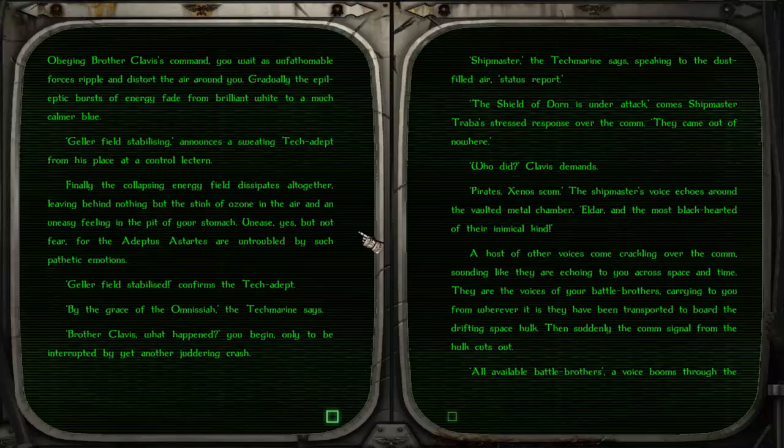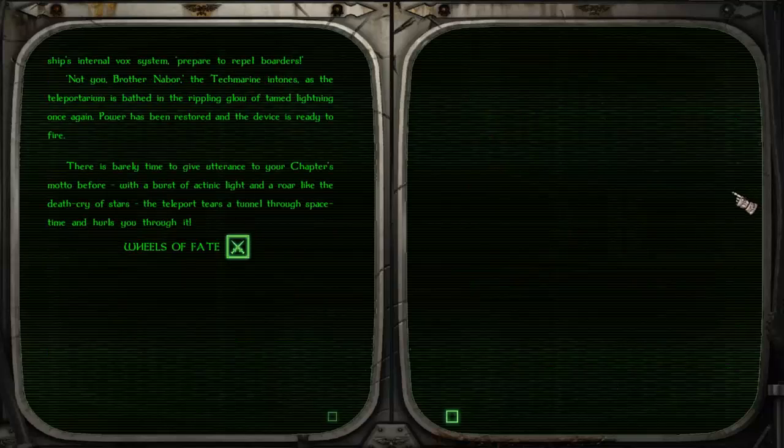A host of other voices come crackling over the comms, sounding like they are echoing to you across space and time. They are the voices of your battle brothers, carrying to you from wherever it is they have transported to aboard the drifting space hulk. Then suddenly the comm signal from the hulk cuts out. "All available battle brothers," a voice booms through the ship's internal vox system, "prepare to repel boarders. Not you, Brother Nabor,"